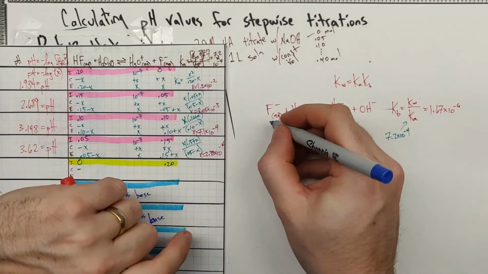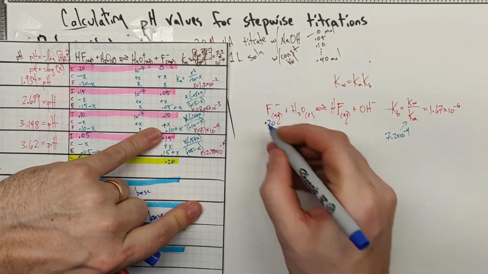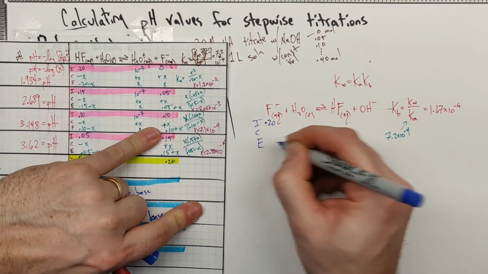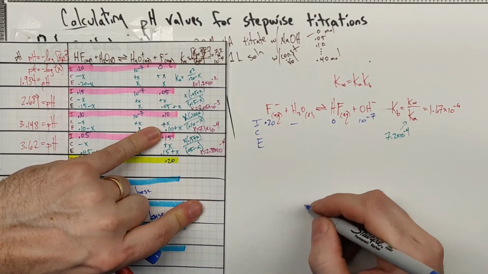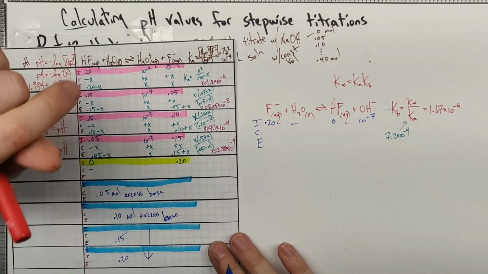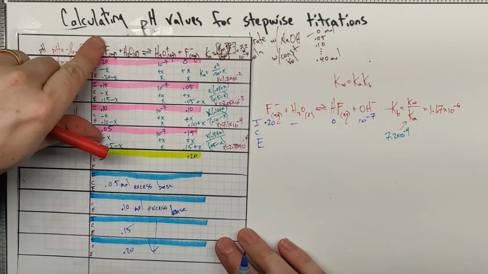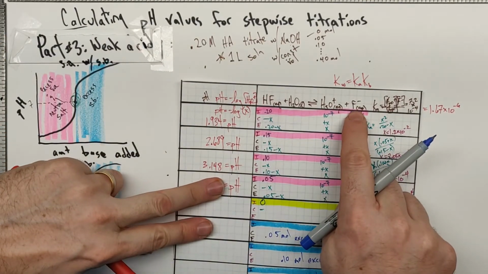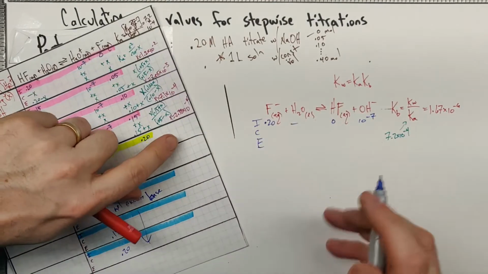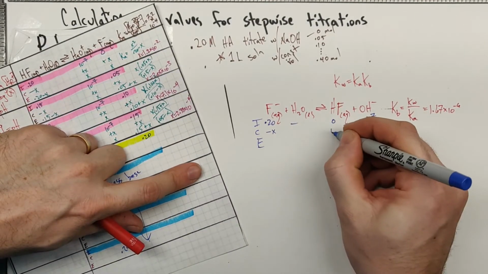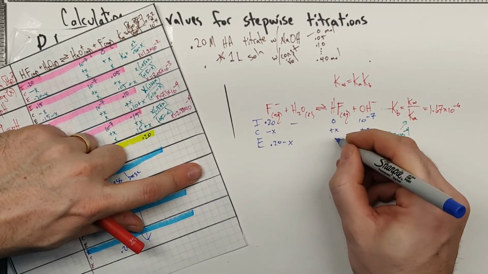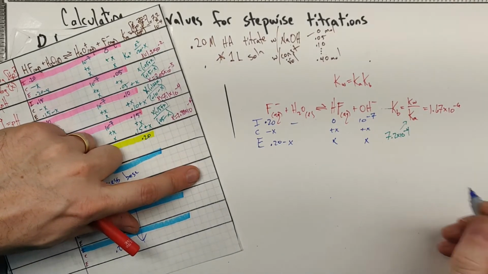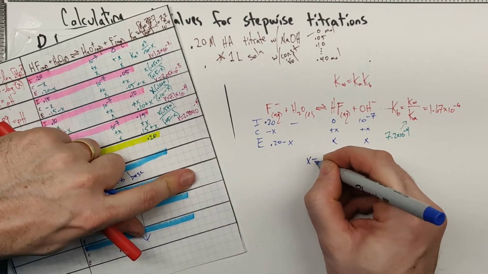We have Kb, we have this 0.20 right there. Not worried about that. 0 of that, 10 to the minus seventh of that. Looks just like all of our other acid-base dissociation ice problems. The only difference is we've got a base and we're figuring out about our acid. We're going to lose x, we're going to gain x and gain x, 0.20 minus x, x, and x. All right. When you solve this, x equals